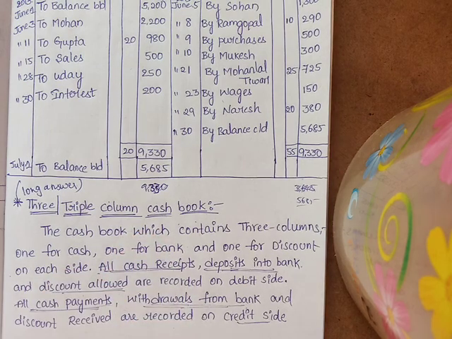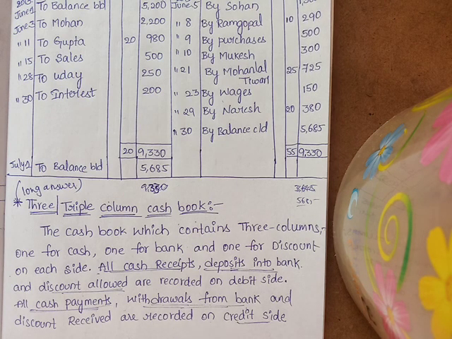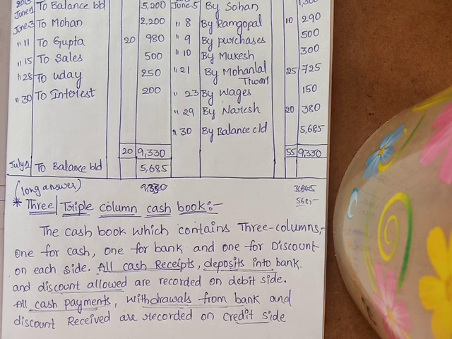Okay, next class we'll discuss the pro forma. Okay, after that pro forma, different transactions taking place in this triple column cash book, all the transactions will be discussed. Okay, so don't get confused, first listen to the class. Okay, after that do the problems. This is our today's class.